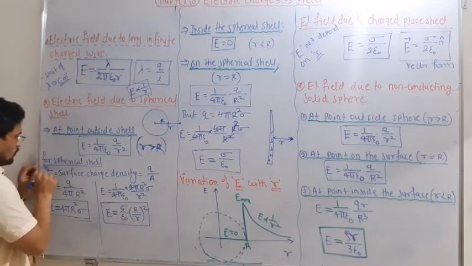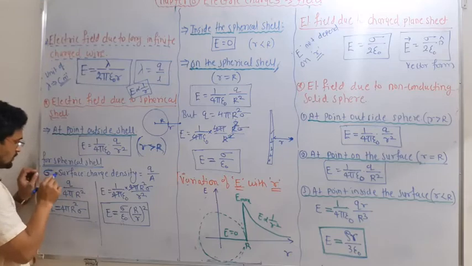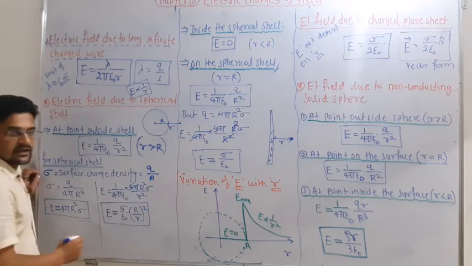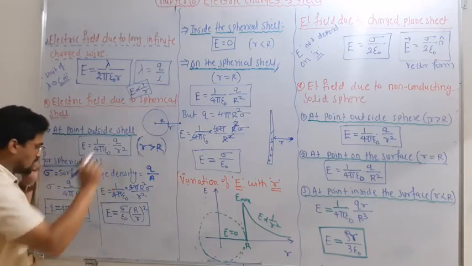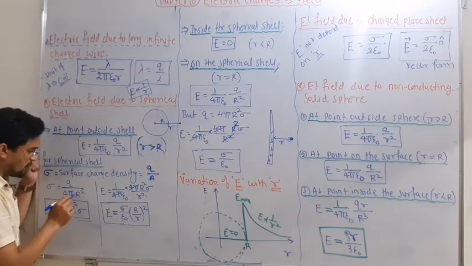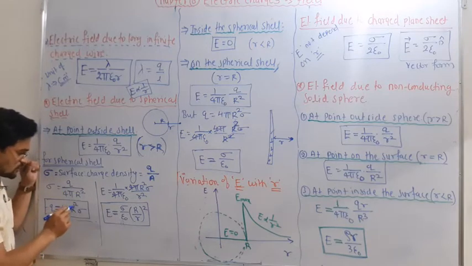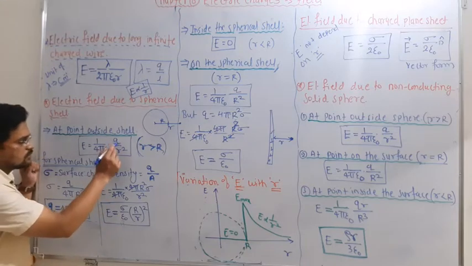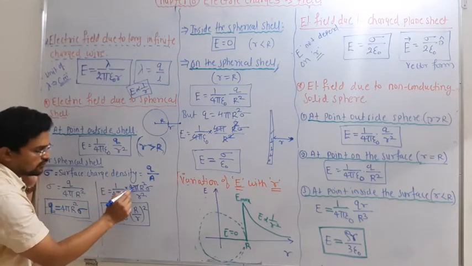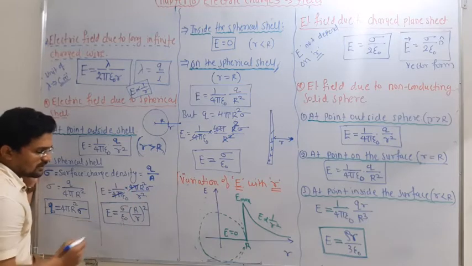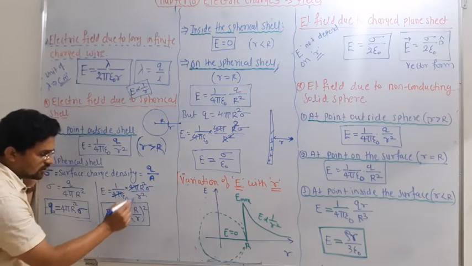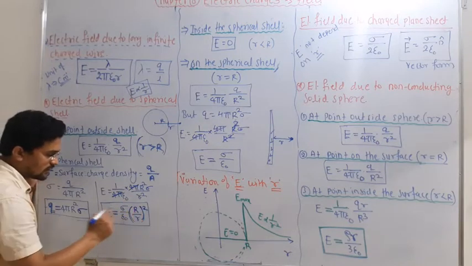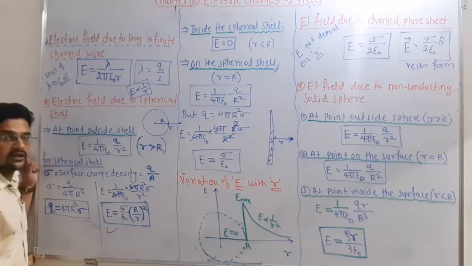For the sphere, sigma is the surface charge density, given by q divided by A, where A is the surface area, and for a spherical shell the surface area is 4 pi R square. Hence q is equal to 4 pi R square sigma, correct. Now you can substitute this q in this equation. So instead of q, substitute 4 pi R square sigma. The 4 pi will cancel out. Sigma divided by epsilon naught, R square divided by r square, so I will write it in brackets, R divided by r, whole square. So this is another equation for the spherical shell.